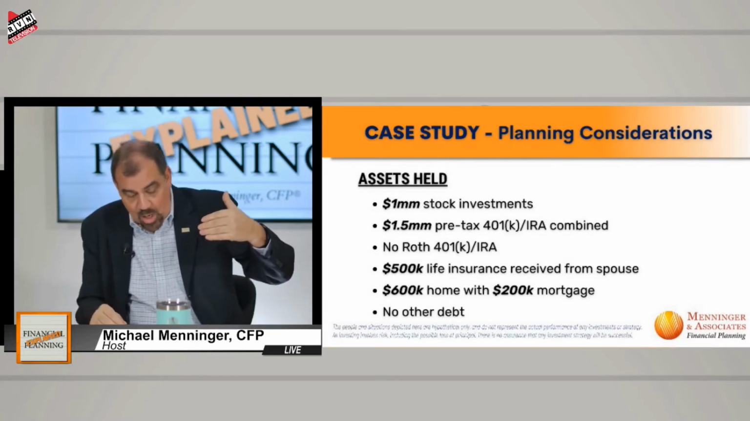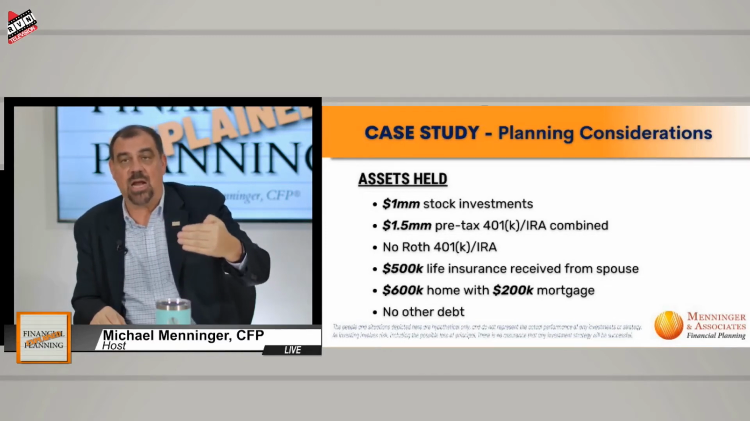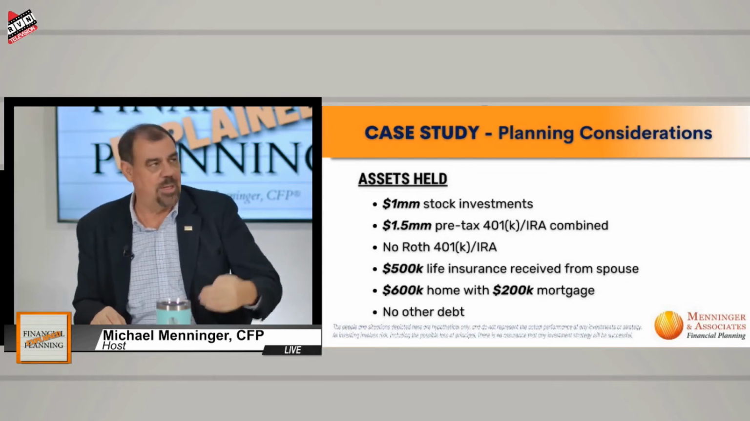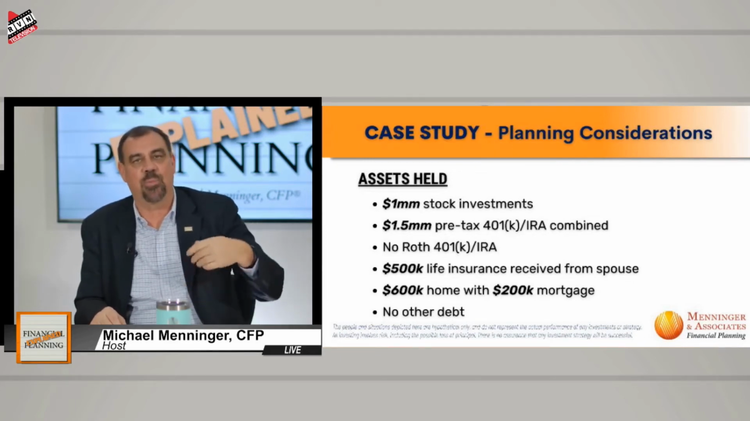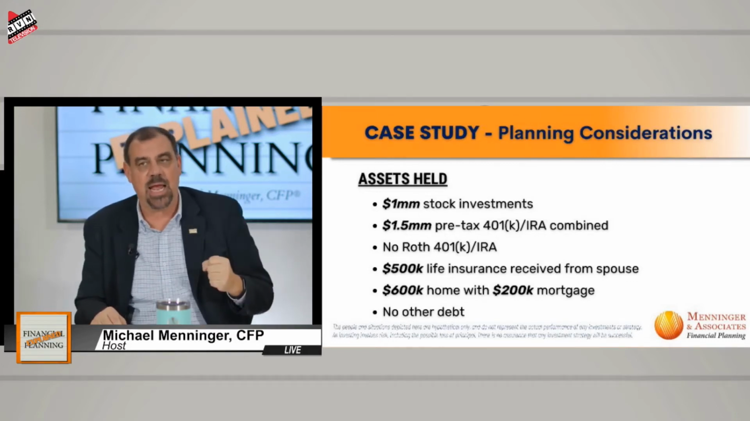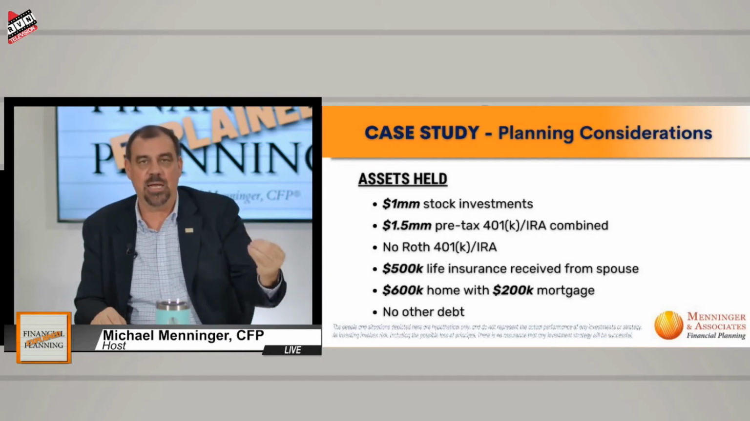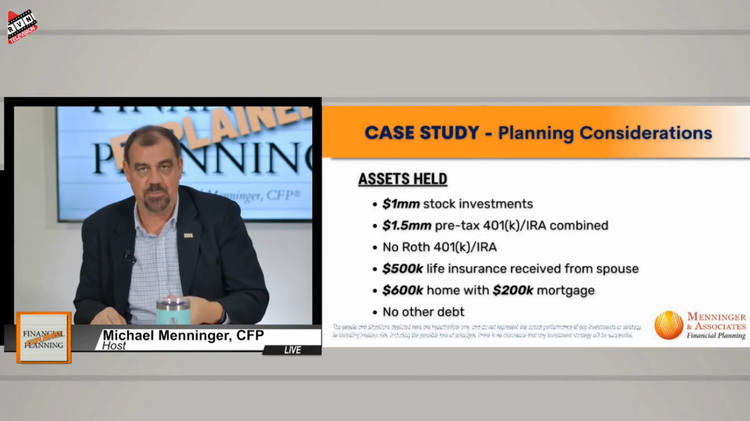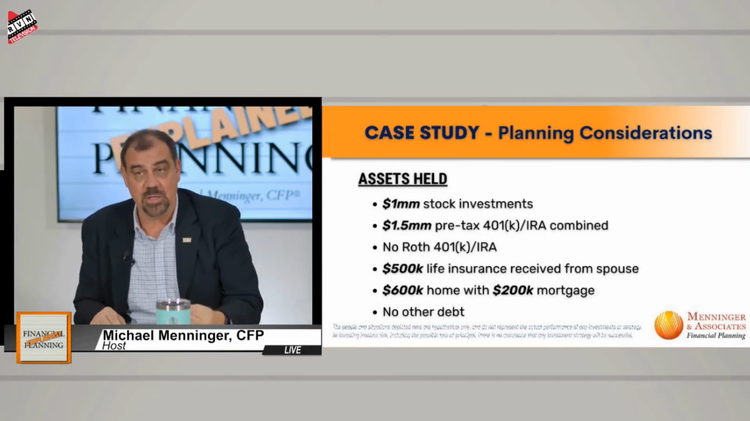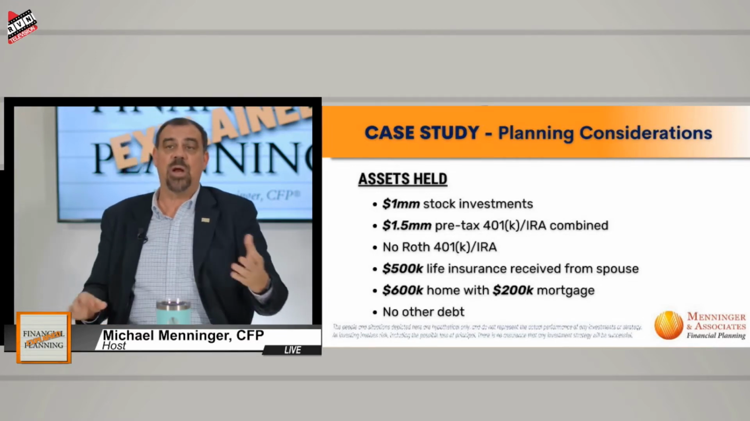But in this case, he's got $1 million of stock investments. What I mean by that is they're non-qualified investments, whether it's cash or stocks or mutual funds or ETFs or bonds. Basically, he could take out the $1 million and he will only pay tax on any interest, dividends, or capital gains. Okay, so it's after-tax money. He also has an extra $500,000 in cash that were life insurance proceeds,